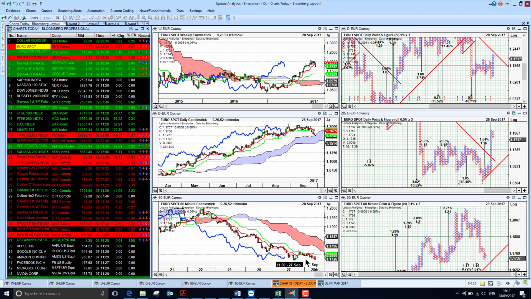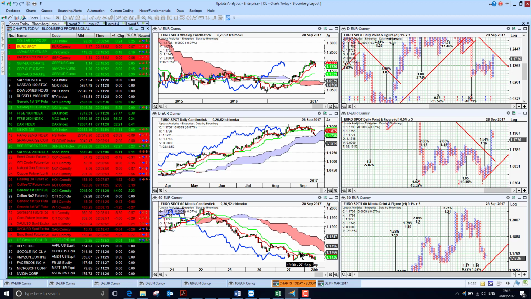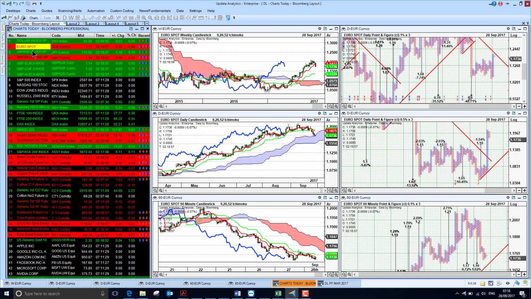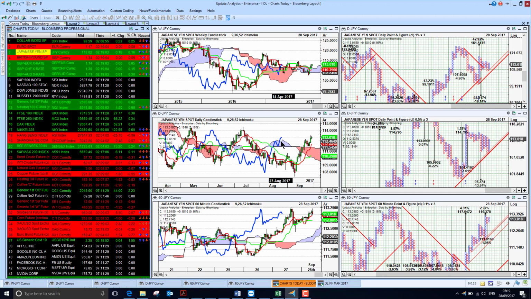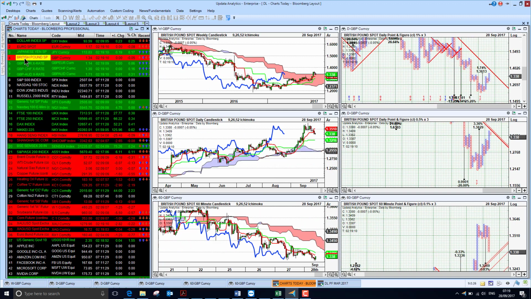Looking at the euro, we're not quite making new lows, so we are seeing the dollar making new highs, but the euro not quite making new lows this morning. But it is still bearish below the cloud short term, and we are just seeing that euro weakness continuing on the short-term chart. Of course, we still have quite a bit to do for the medium and long-term charts to turn bearish. The yen, we're seeing here the dollar really starting to surge through, and this is a long-term transition that we're seeing here. Medium-term bullish now and short-term bullish, so we are just seeing that dollar strength gaining there.